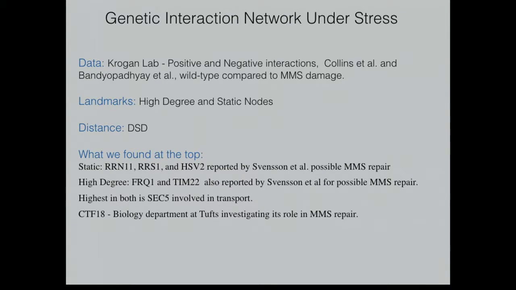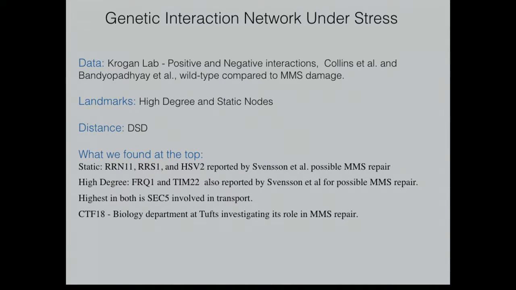We use positive and negative, so as Anastasia was telling us before, we should separate those things out to get a better signal. Right now we wanted a little bit bigger network, so we dumped them all in together. We use DSD as a distance, and when we looked at the top things that percolated all the way to the top, the most change in the network, were in fact